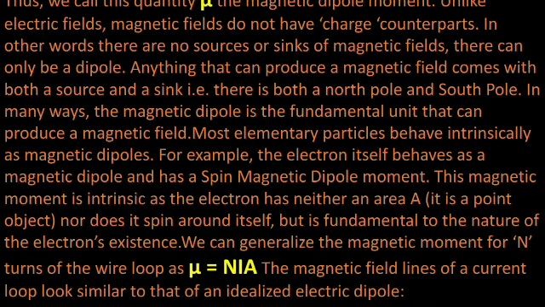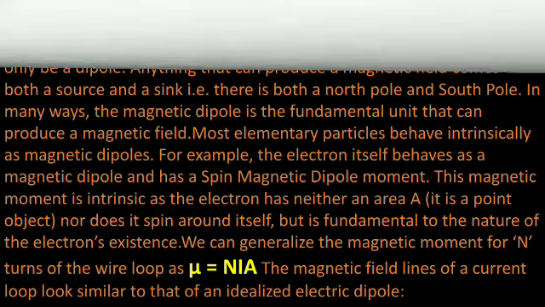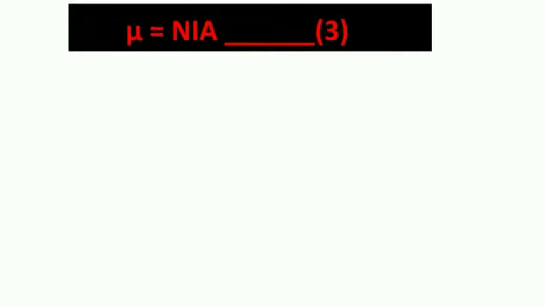We can generalize the magnetic moment for N turns of the wire loop as mu is equal to NIA. The magnetic field lines of a current loop look similar to that of an idealized electric dipole. This is the similarity between magnetic lines of a current loop and electric lines. So finally, mu is equal to NIA, labeled as equation number 3, where N is the number of turns of the coil, I is the current of the coil,